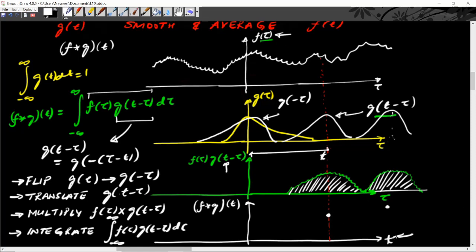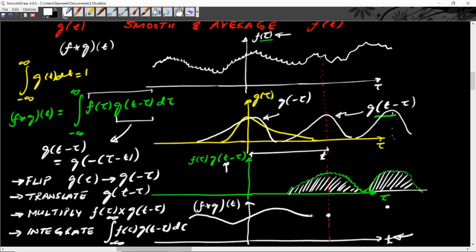So this coordinate is t and not tau as in all the above three plots. If we do this convolution procedure, that means we flip, translate, multiply and integrate, we'll get a curve that is